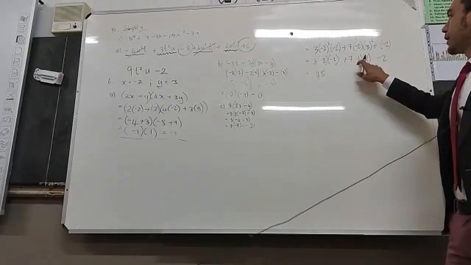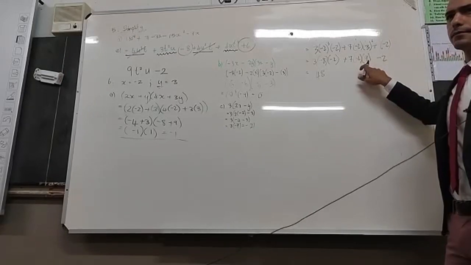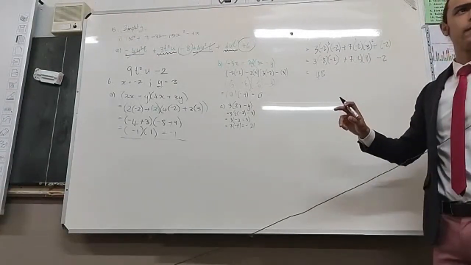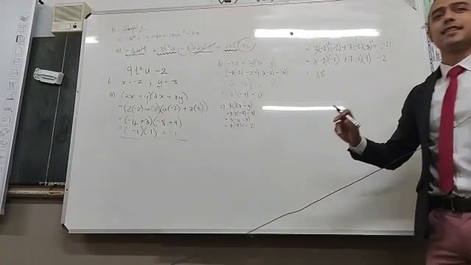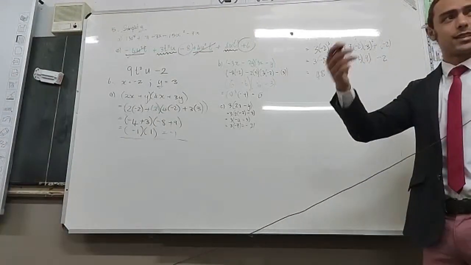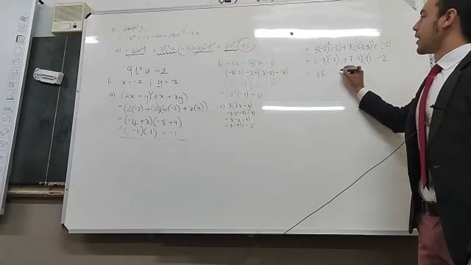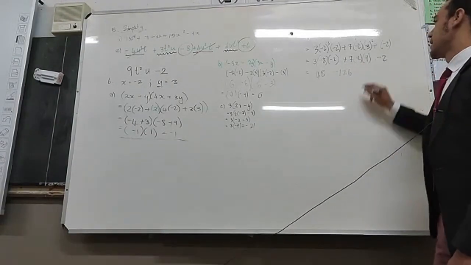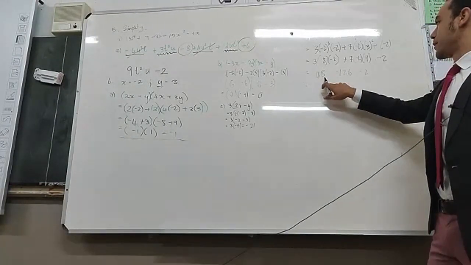Then here we have negative 2 times 9. Alright, let's do 9 times 7 first. 9 times 7 is equal to 63. And then 63 times negative 2. So I'm just doubling that, which gets me to negative 126. Minus 2. Alright, if I add this together, I'm going to get a